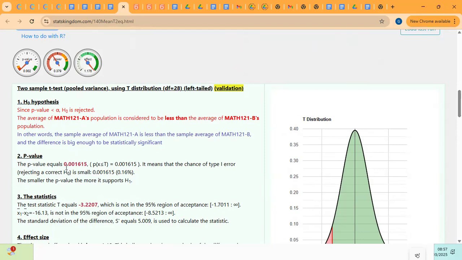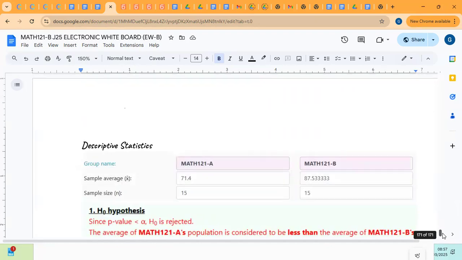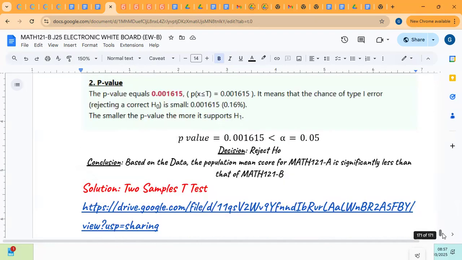As you can see, the p-value is 0.001615, which is less than the significance level of 0.05. That is the reason why the null hypothesis was rejected. We can copy this and paste it in our work, under decision and conclusion. The null was rejected because when you compare the p-value to the significance level, the p-value is less than the significance level. And based on the data, at a 5% significance level,